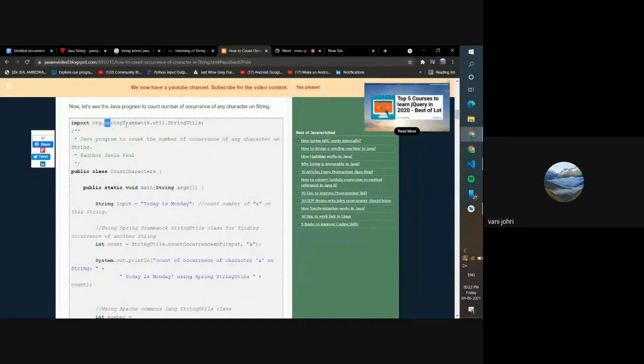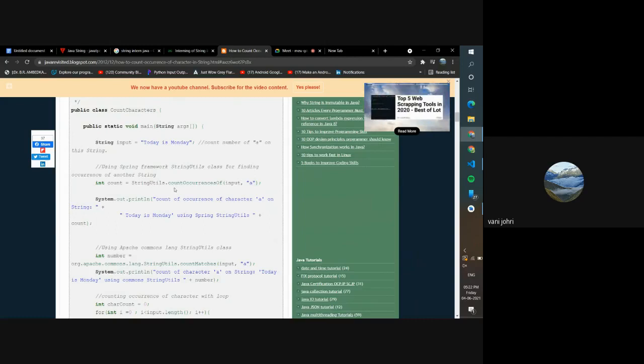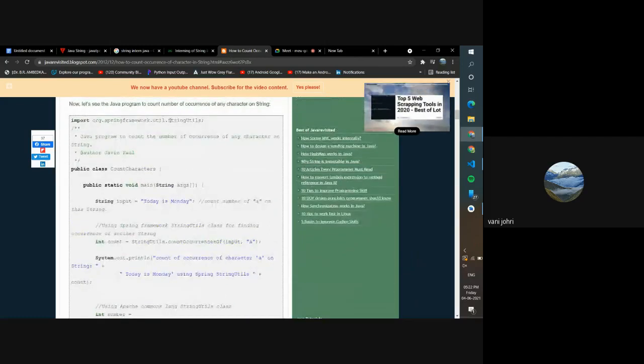So this is a framework which has even more methods and functions that you can use in a program if you import this. Then, using this framework, they used StringUtils. It is the same as importing Scanner, all right.